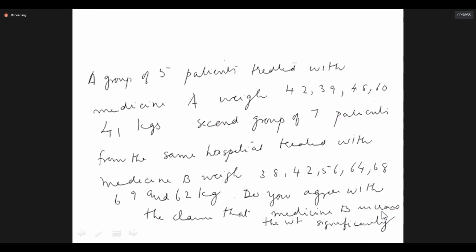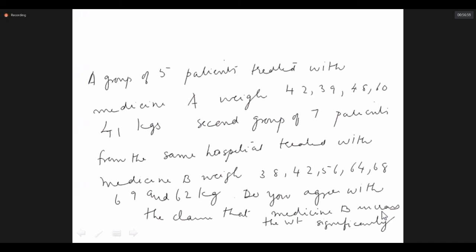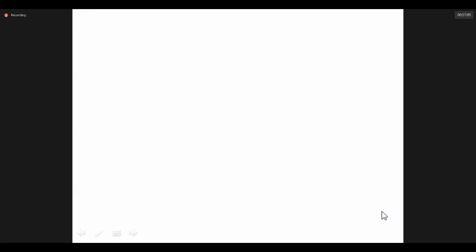Medicine B increases the weight significantly. Mu1 is the weight of A, mu2 is the weight of B. So first we will write the null hypothesis H0 such that mu1 is equal to mu2, H1 such that